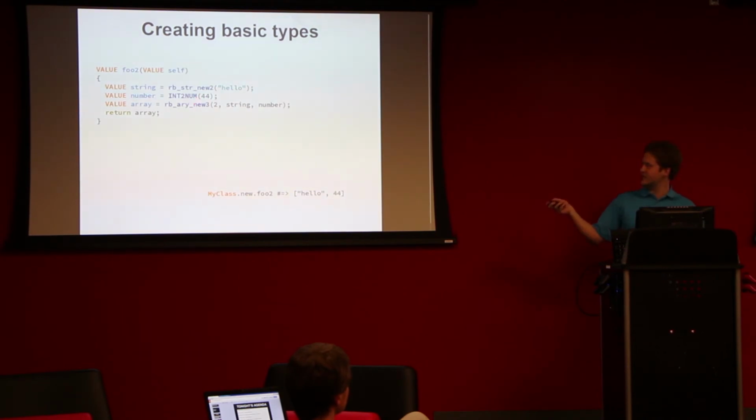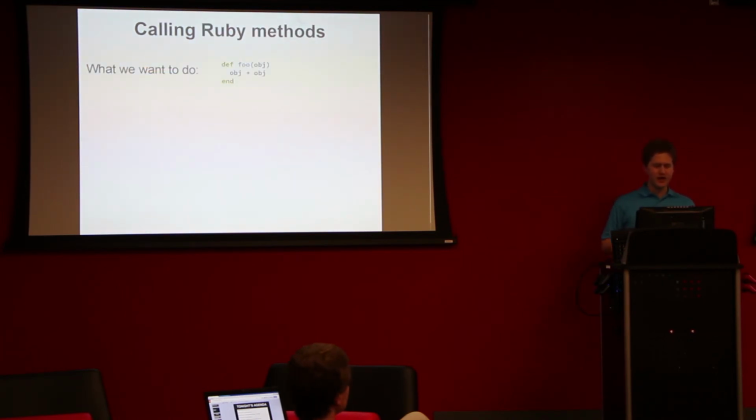INT2NUM will take a C integer and return a fixnum. And rb_ary_new3 is what we need to use to put those two together into an array, and then we can return the array. So this is kind of a lot of code, but it works, and then you get that value out at the end. All right, another thing you can do from a C extension is call Ruby methods,